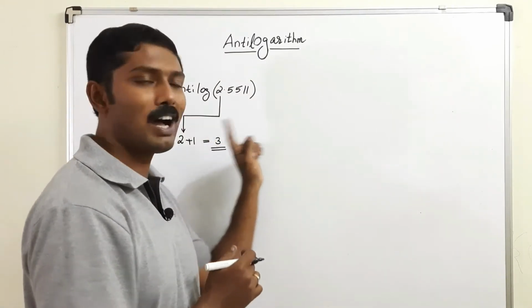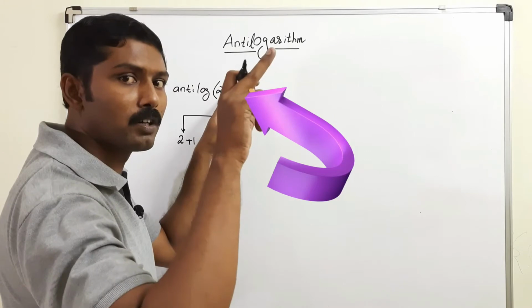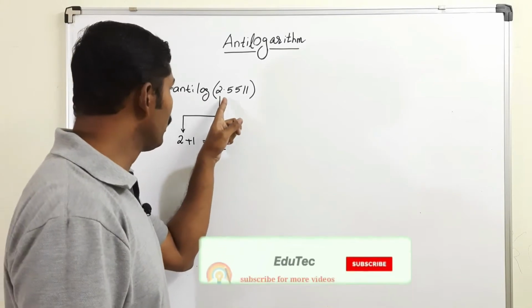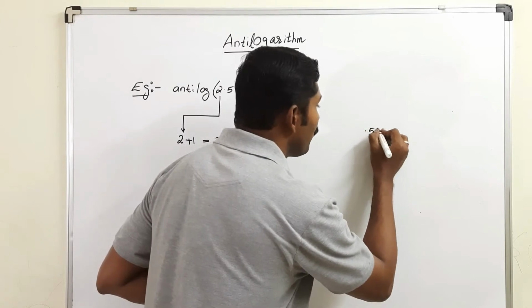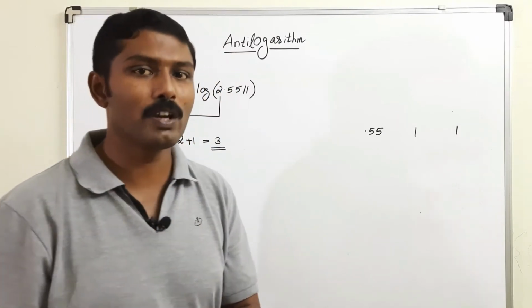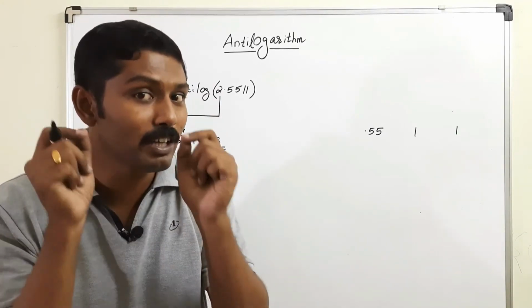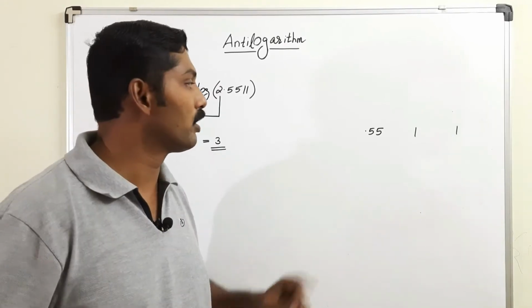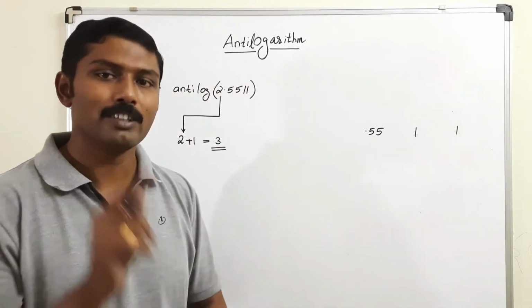Then we are focusing on the other part of the number. What is the other part of the number? The number is point. In logarithm we don't take the decimal point, but here we will be concentrating on the decimal point as well. 0.5511, we'll write that four-digit number in such a way that the 0.55 will come together, along with 1 and 1 written separately. Now we will take the anti-logarithm table book. I repeat, anti-logarithm table book, and find where I get the value corresponding to 0.55 in the anti-logarithm book, corresponding to a difference of 1 and a mean difference of 1. Let's take that book and see.